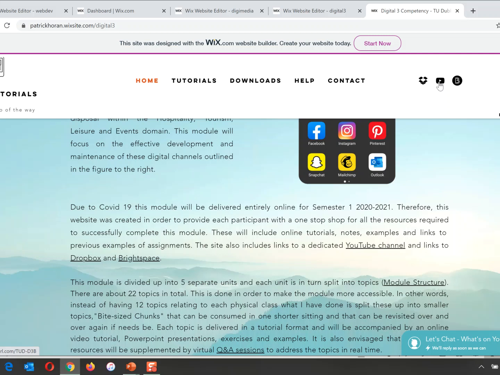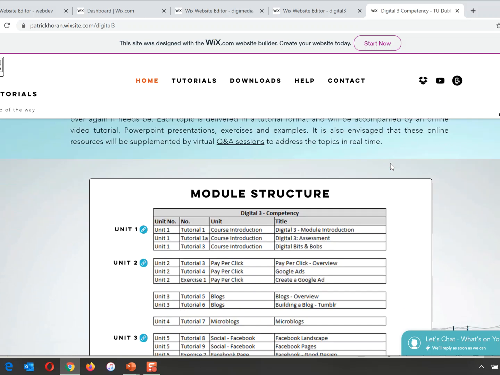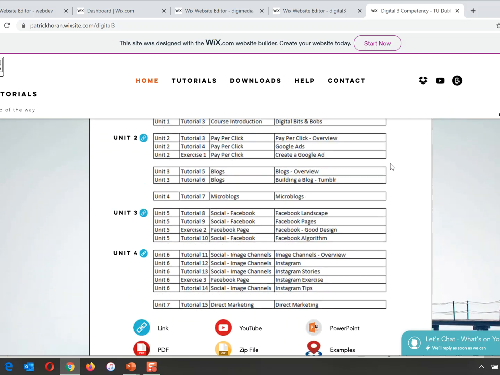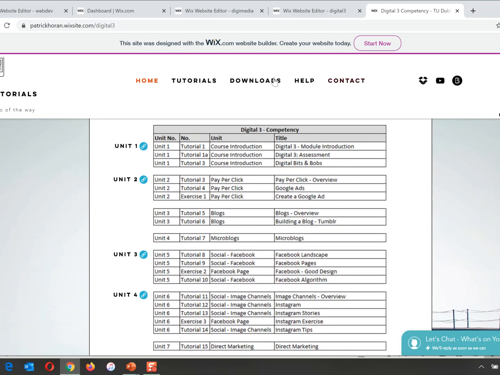Okay, so we'll also have a look at Brightspace. Now I'm really only using Brightspace as a link to all the other resources that we're talking about. Okay, so I'll just scroll up here. As you can see here, I talked about 7 units, and you can see here that there's a link to